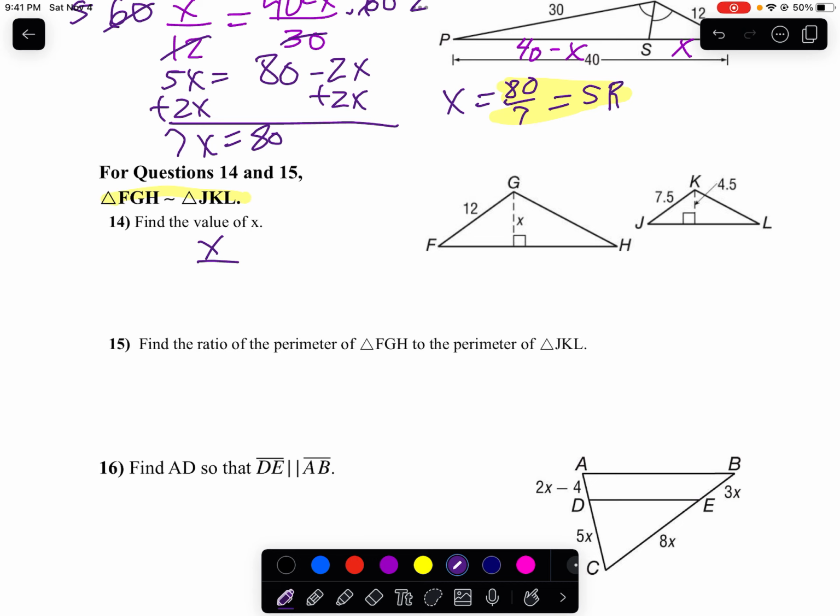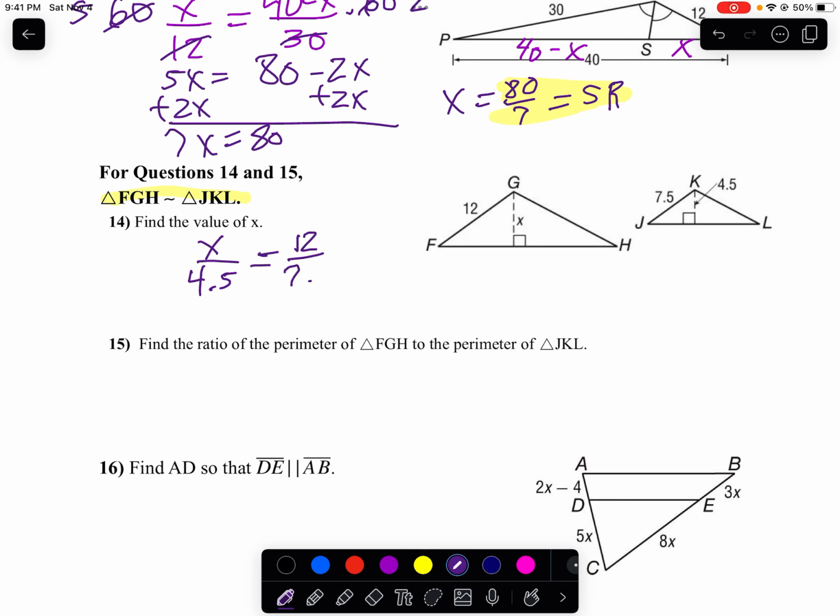So we'll say x is to 7.5 as, well, try that again. How about 4.5? That's the altitude. As 12